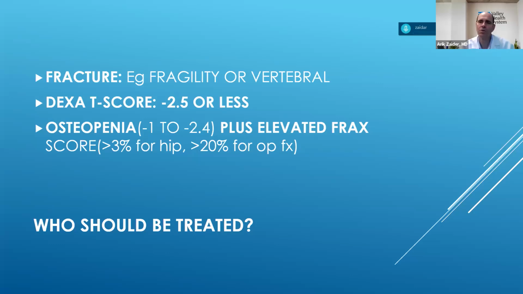To what extent can you expect an improvement in bone density when you're just doing exercise and the lifestyle recommendations we made, calcium, vitamin D, exercise, and so forth? You can usually improve in some studies the bone density 5 to 10%, which is good, which is not bad, but it's not quite what we want, especially when the osteoporosis is more advanced. So I just wanted to drive home that point. Again, this is who should be treated: if you've had a fracture, if your T-score is 2.5, or if it's osteopenia but high FRAX, that FRAX number that we spoke about.